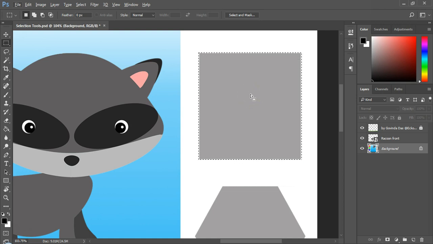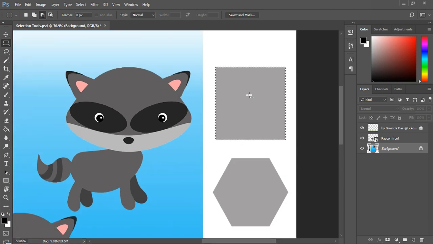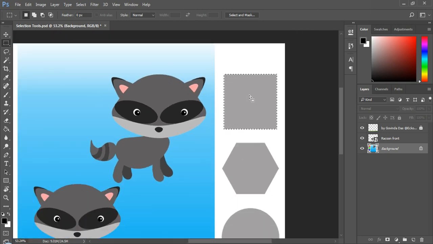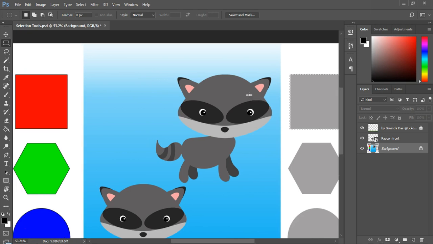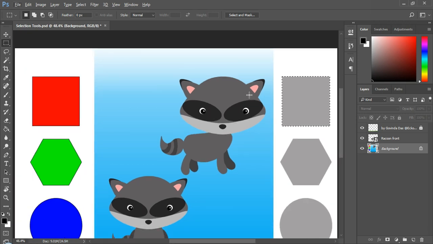But we can't just randomly go on and make selections and fill out colors in the canvas. Actually we can, but we shouldn't. We will try to be as less destructive as possible. And for that, we will need to create a new layer. So, whatever color we fill inside the selection pane, we will fill in the new layer. So in case we want to change the shade of the current selection in future, or we change our mind in having a shape like our current selection, you can do changes accordingly.